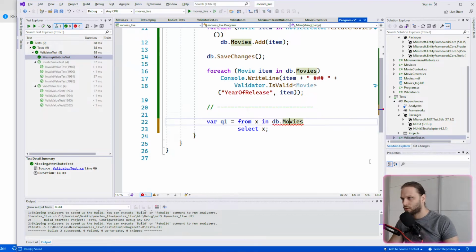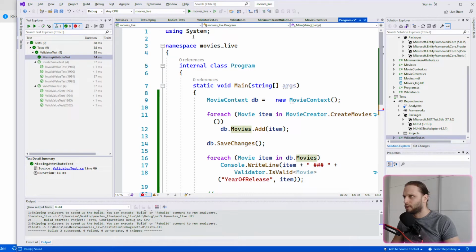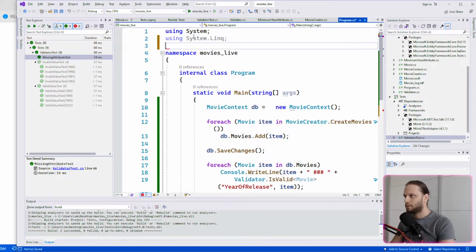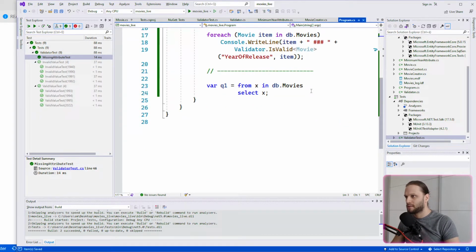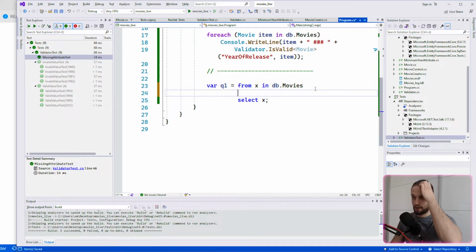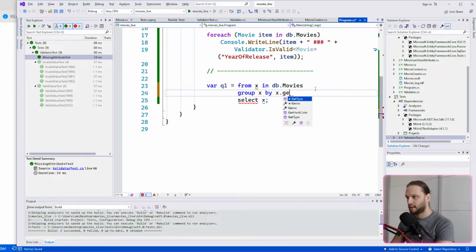It should offer us to use LINQ, but somehow it's not offering me. So I come here and add using System.Linq, and this should solve the problem. As you can see here, the error disappeared. This is some bug, I guess, in the latest Visual Studio 2022. So basically we have to use grouping, group x by x.genre